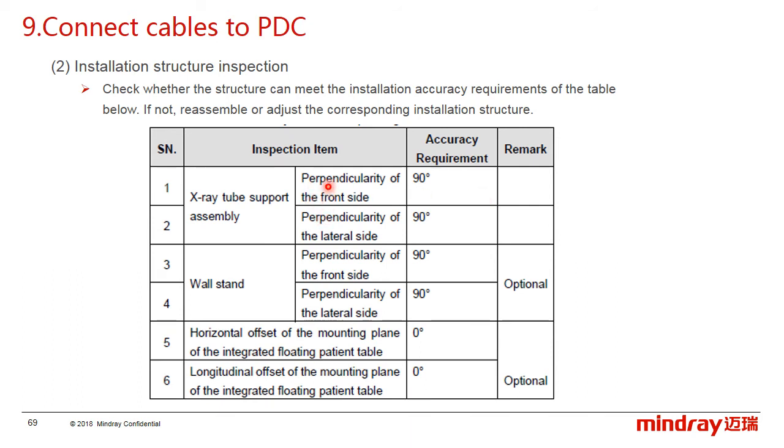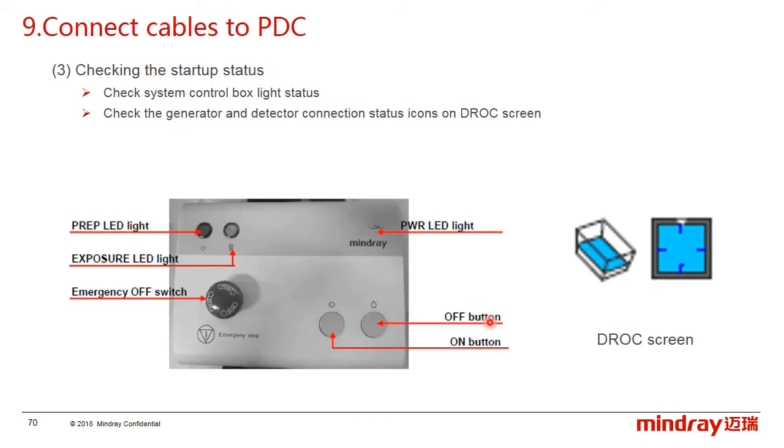Secondly, check the installation structure inspection. We need to check whether the structure can meet the installation accuracy requirements of the table below. If not, reassemble or adjust the corresponding installation. Third,